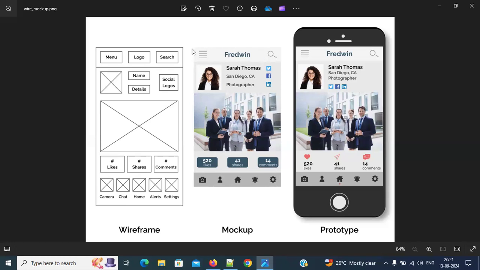This is called markup. Once this markup is also approved by the client, then we'll convert it into a web application or mobile application. After converting, it will look like this. If you open it on an iPhone or anything, it will open like this. The difference between markup and prototype is that here these icons are missing. To represent these likes, shares, comments, they are displaying some extra icons here. So this is the general process each and every web application will follow before starting web application development